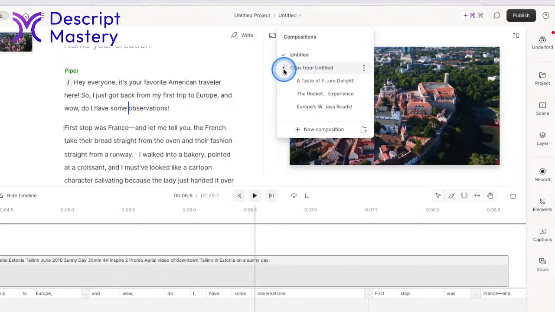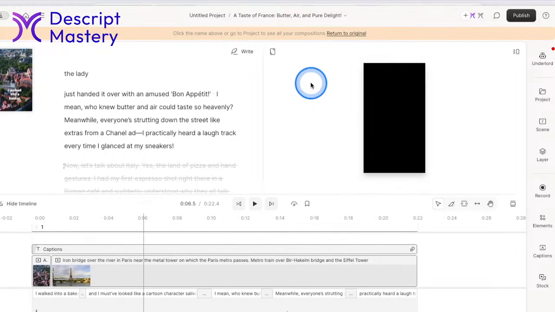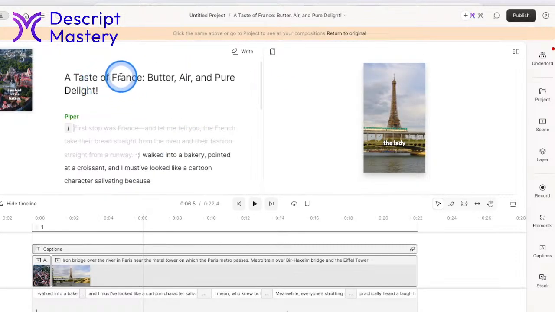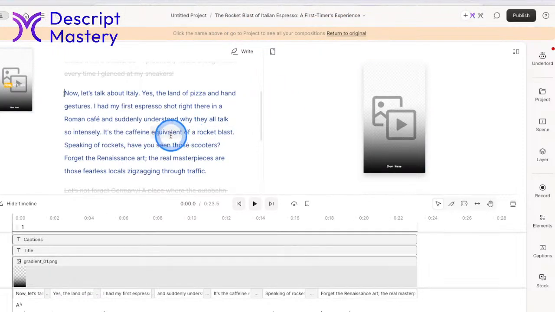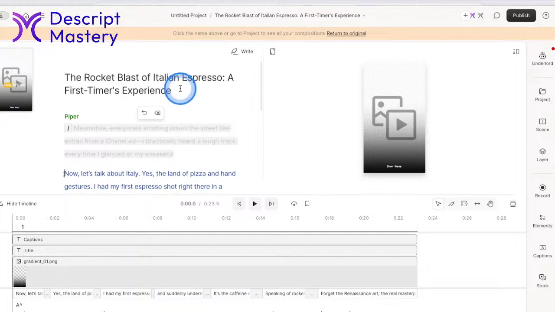And it has this little toggle, so you can toggle it open or closed. And then inside of there are the 3 clips that we generated. We looked at the first one called A Taste of France, Butter, Air, and Pure Delight. And then back to compositions, we go to the next one, The Rocket Blast of Italian Espresso, a First Timer's Experience. So again, remember, Underlord made that title.